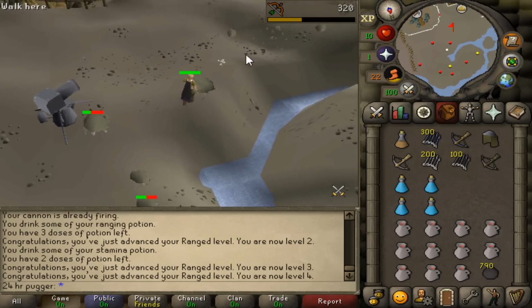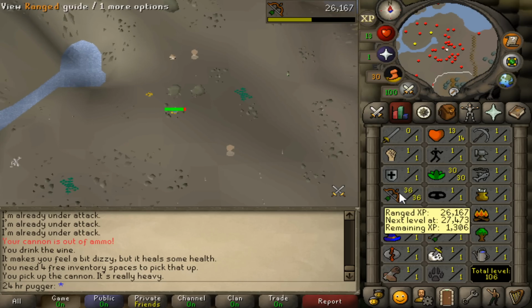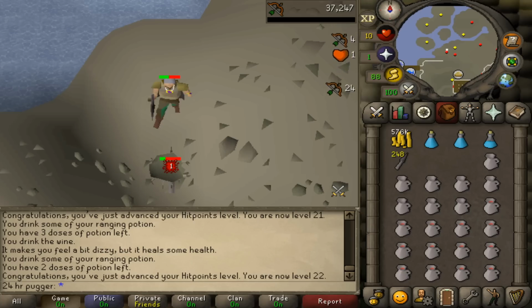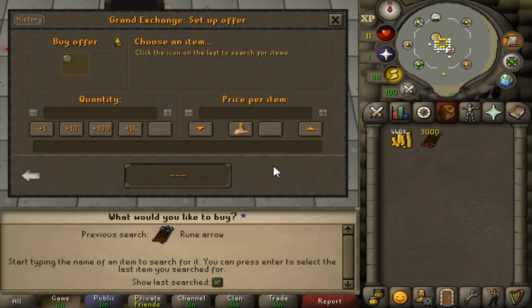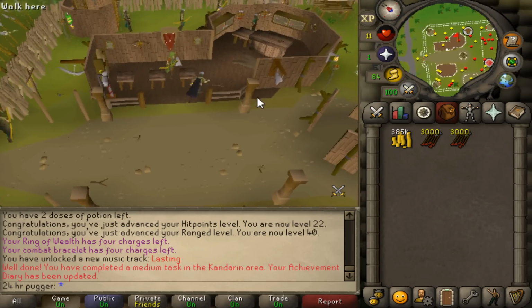So we run out of cannonballs at 36 ranged, which is not great planning on my part, but I pivot and buy some iron knives to finish up 40 ranged. I have 665k left, so I can use that to buy some rune and adamant arrows and leave a little bit of cash over, because 40 ranged gets us into the ranging guild, which has a literal money printing